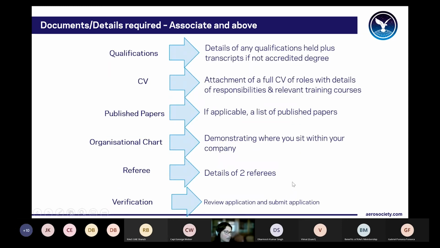Okay, so just to touch a little bit on what's required as part of an application, we require details of your qualifications. If you hold a formal qualification, we would request that you provide details of those, as well as copies of your certificate. If not, that's absolutely fine. We will request a full CV, which includes all your roles with details of responsibilities and